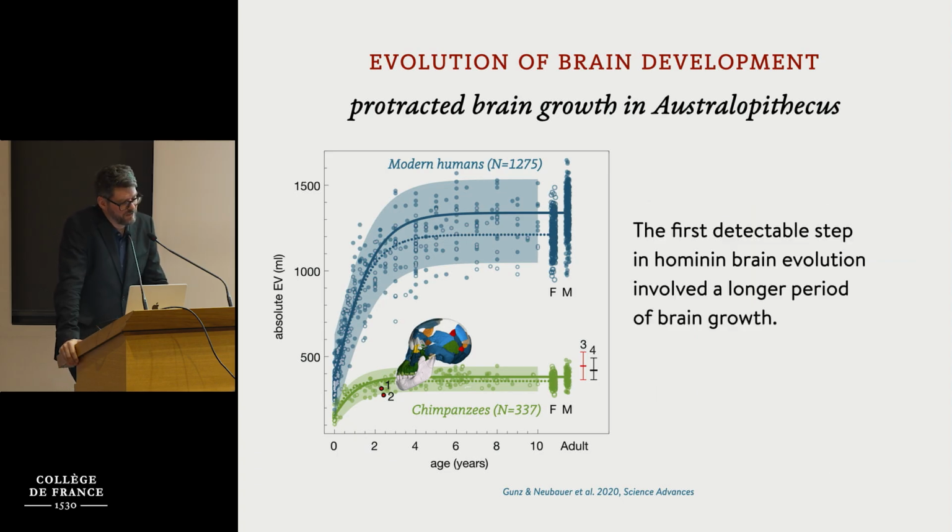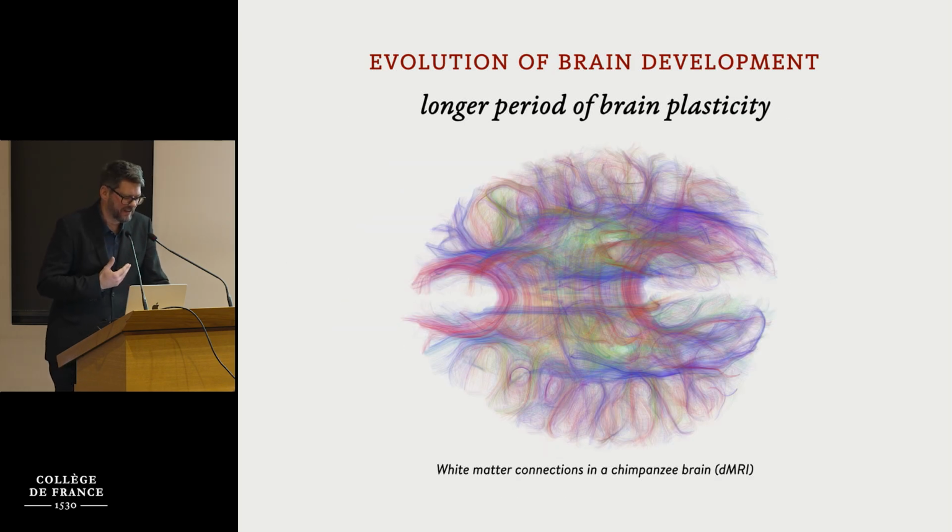So what we've argued is that the first detectable step of hominin brain evolution involved a longer period of brain growth, right? And this is based on the direct comparison to chimpanzees. In absolute terms, they're really very ape-like still, but in relative terms, they grow over a longer period of time. And that's important because that would imply a longer period of brain plasticity that already emerged more than 3 million